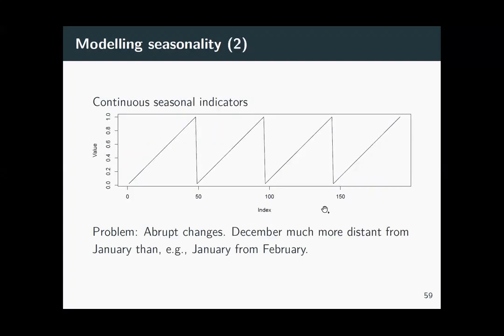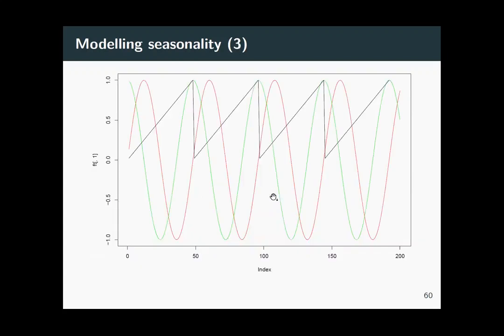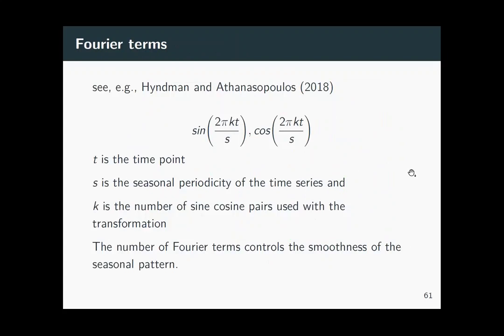That's problematic if there are many seasons. What this gives you are abrupt changes. If you model, let's say, the day of month, you count from 1 to 30 and then it goes back to 1, which is not great for some algorithms. So what people would do is use more continuous sine and cosine waves, which are called Fourier terms. You would often use Fourier terms as additional inputs for your method.